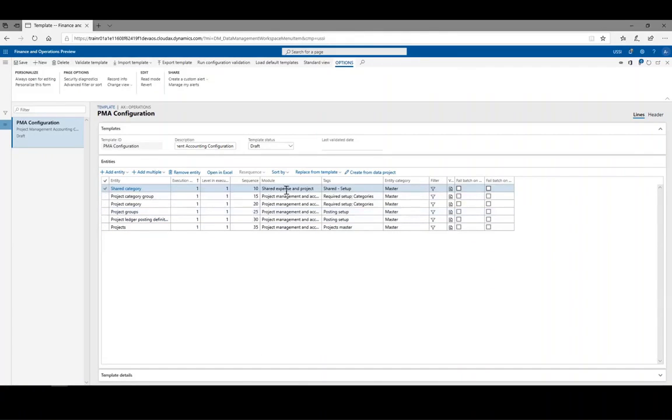And also you can sort by unit, level, and sequence, all with different options. In another function, when we create a template, we can always select the filter which is eligible for my data moving. For example, I only want to